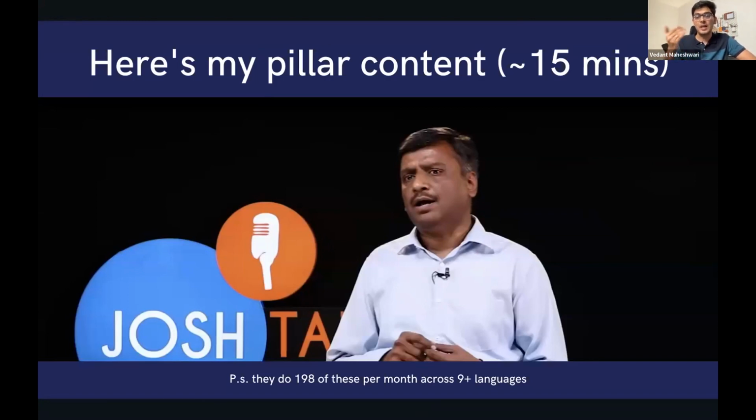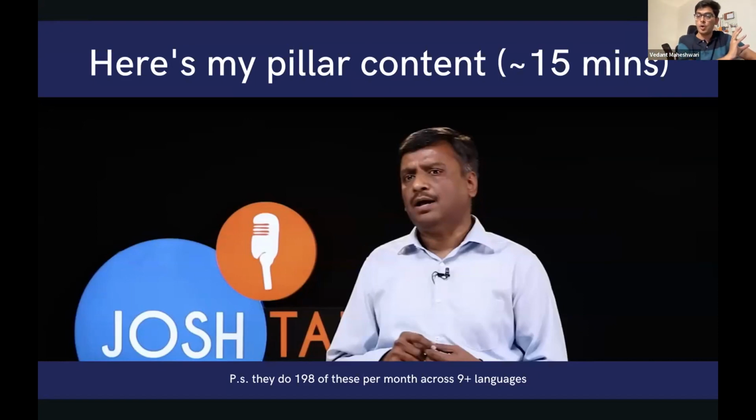So in this case, this pillar content or this video is approximately 15 to 20 minutes long. And just to give you an example of the scale at which this is happening, the Joe Stocks team currently does about 200 of these pillar content pieces per month, right? So this is happening 200 times over. As an individual creator, you're probably doing it only 4 times a month, and that is absolutely okay. But the idea is to understand how you can maximize the reach of these 4 content pieces as well, instead of going after 200 directly.